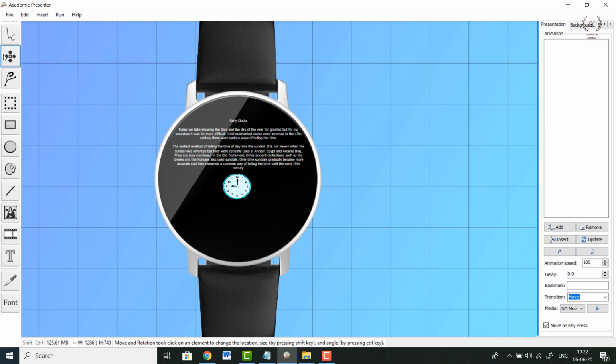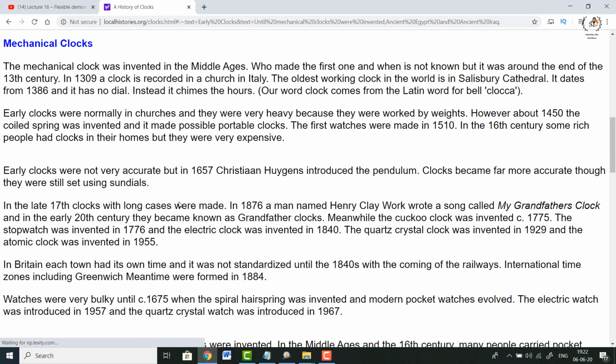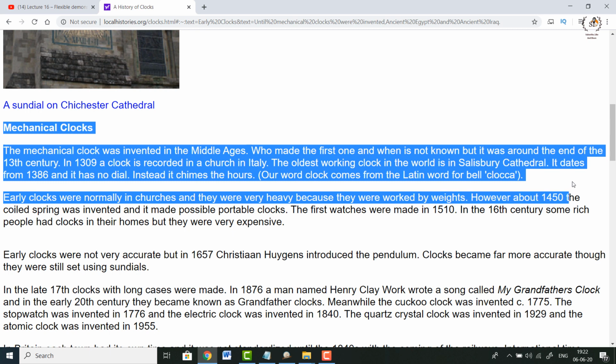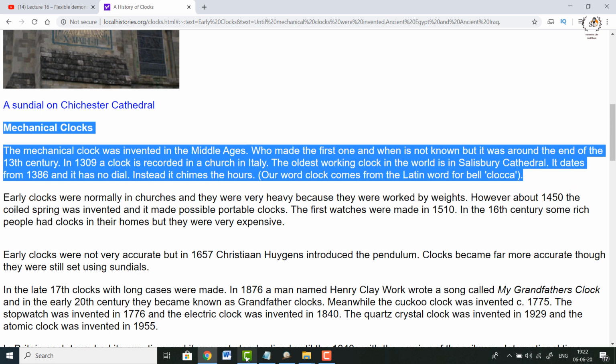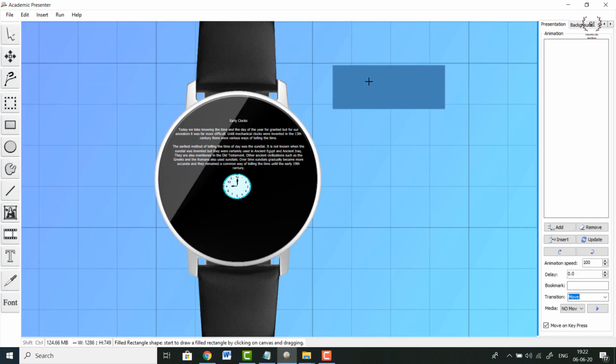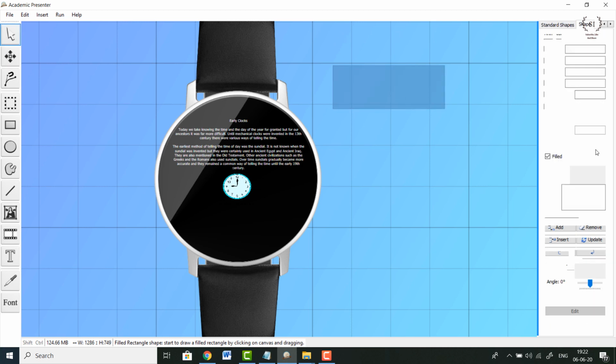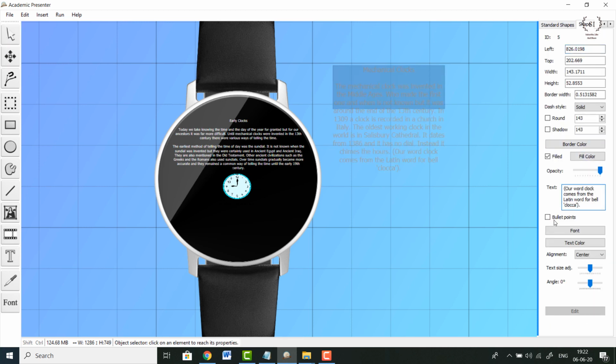For that, what we can do is we can again repeat the same process. Create a text box, add the content. Suppose for example I wish to add only this much data. Copy it and paste it inside the text box over here. Once I paste it,